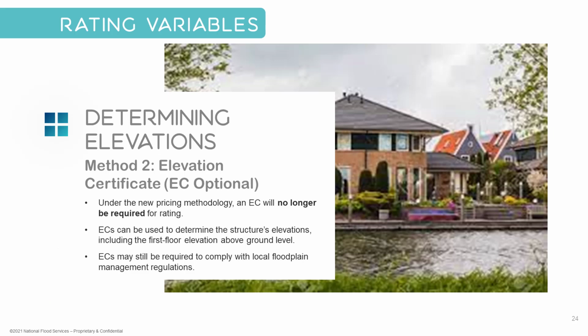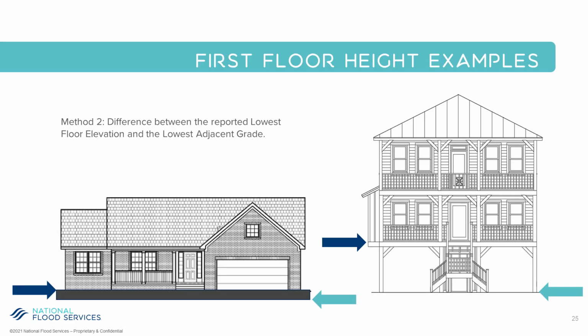Method 2, using the elevation certificate. So for method 2, how is FEMA going to measure it? So we have those dark blue arrows there. That is pointing to the lowest floor elevation. Now look at the light blue arrows there to the right. That shows the adjacent grade. So the first floor height is the difference between the light blue arrows and the dark blue arrows. Think about that because we are going to use that when we talk about method number 2, the good old